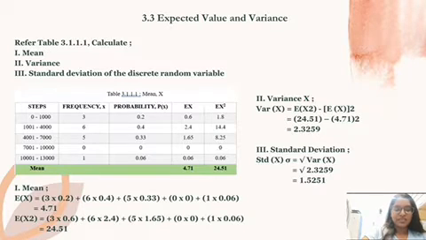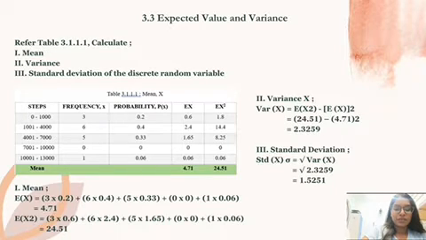By referring to the table, we need to find the mean, variance, and standard deviation of the discrete random variable. So, in this slide, we need to find the total mean, variance, and standard deviation. The first one is mean. For mean, we need to multiply the frequency and probability value. So, we can get the 4.71 value. Then the next one is EX square. So we need to calculate the frequency and multiply by